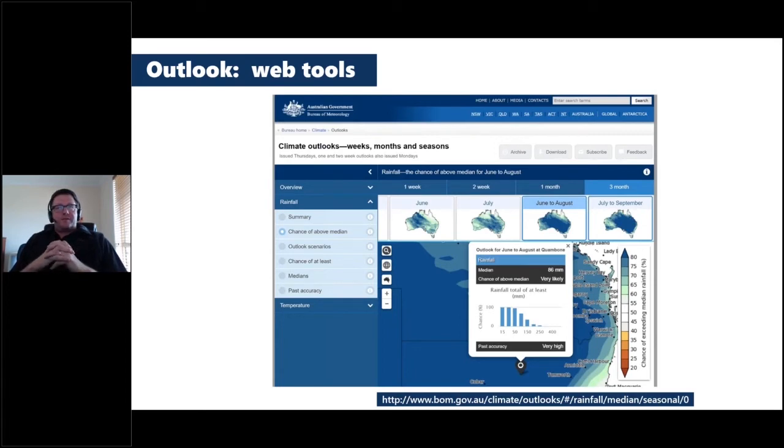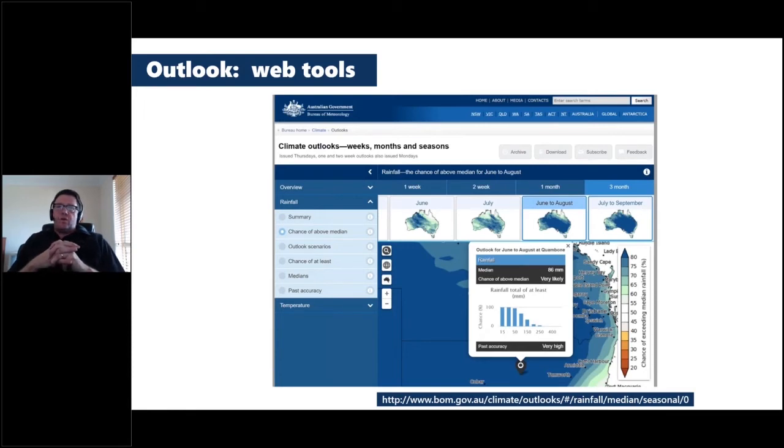The second bit of information that's really important when interpreting forecasts is, how accurate are they? Technically, they call this skill scoring. It's a good idea to start building a bit of an idea of what the skill scores mean, what accuracy means, and how reliable the forecasts are. You can see there at the bottom of the page, they publicize the forecasts. What a lot of people don't understand is that the skill, the ability, actually varies seasonally.